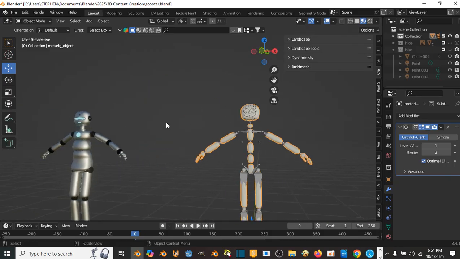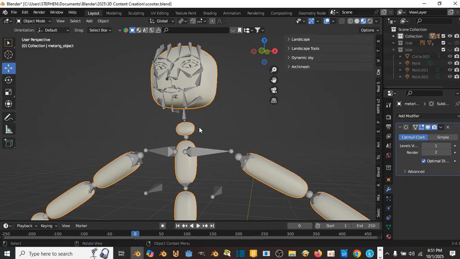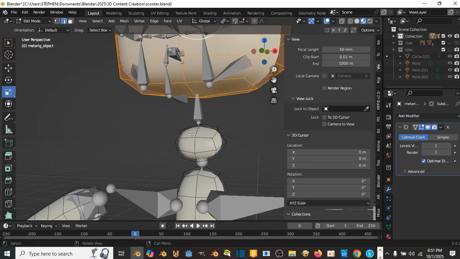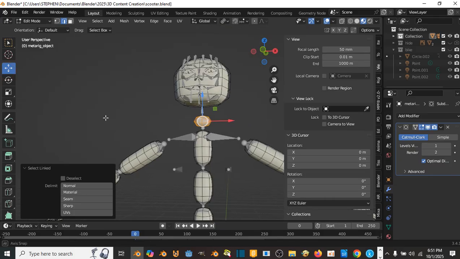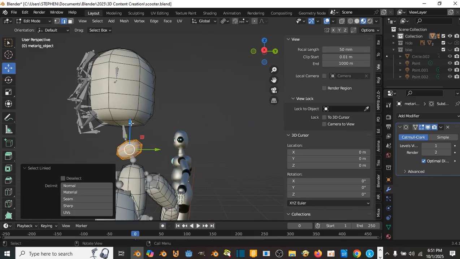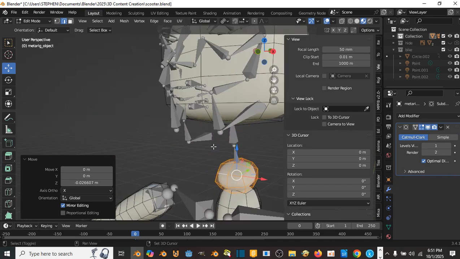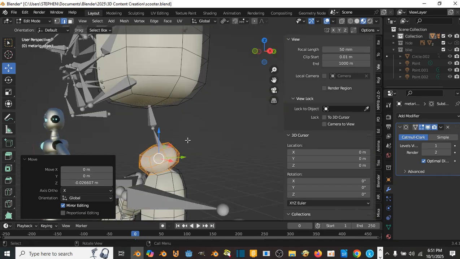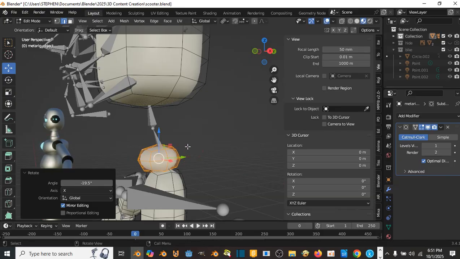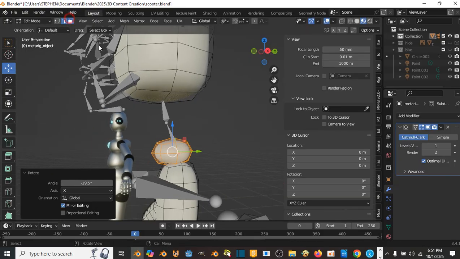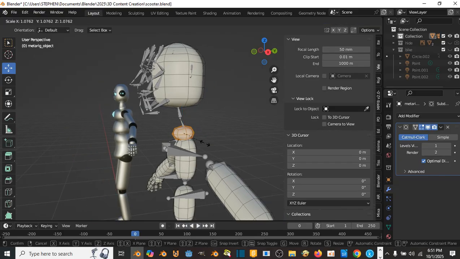So the next thing we want to do is we're going to just come in here, and I'm going to press L on this, and I'm going to push this down a bit more like this. Now I'll press R on this and press X and just make it stand straight a bit more. Now let's scale it out a bit like this,